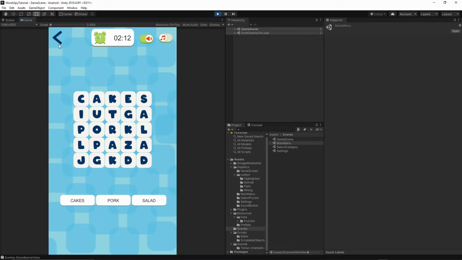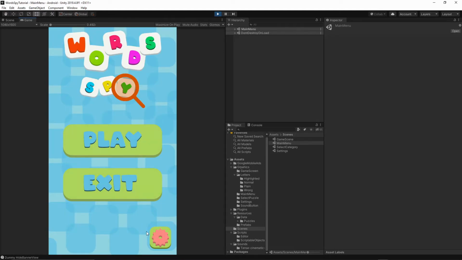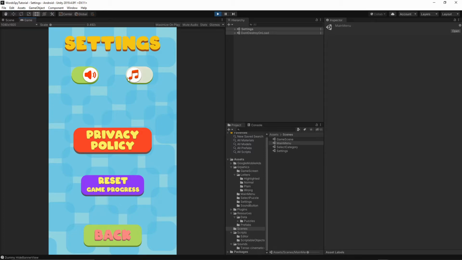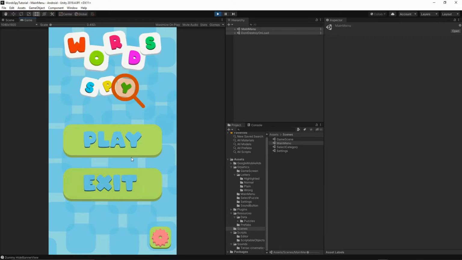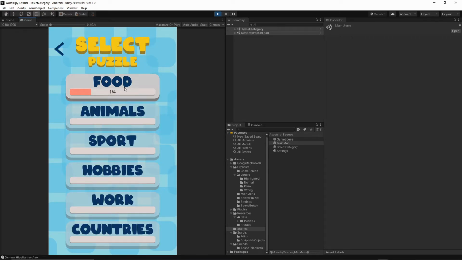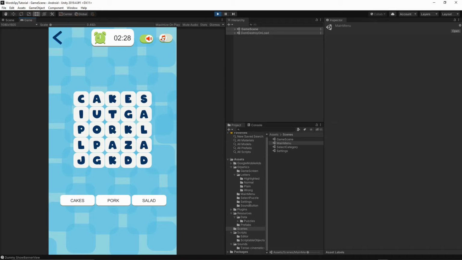If you actually go back now, back to the settings menu, you can see that our music button is in the off state. So now when I go back, play, I can enable the background music again, and our sound effects playing. If I disable the sounds effect.